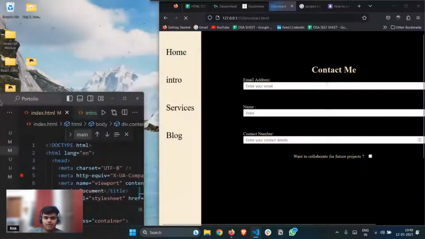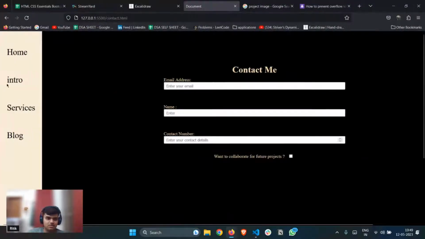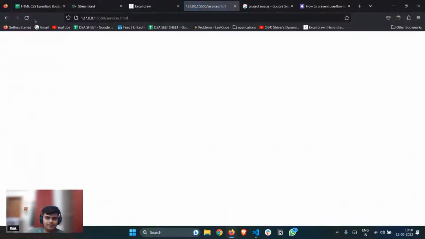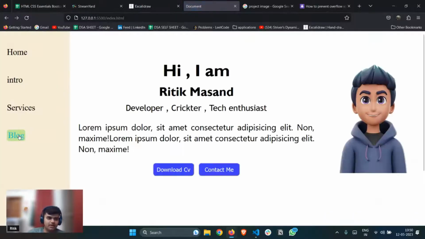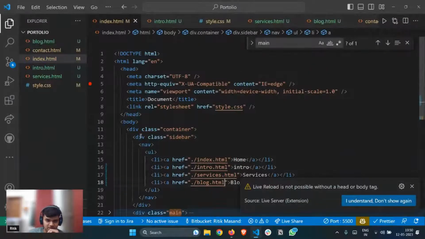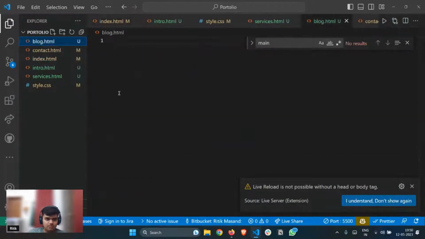Okay, and if I now click on this, I should come here, but I'm not. Let's see what is the... Here I have to apply to each and every section. So in intro, this is the services page and this is the blog page, right? तो एक काम करते हैं, अभी से साइड बार एटलीस्ट लगा ही देते हैं. साइड बार में we have a sidebar which has to be present in all the pages. So this is the sidebar and blog में